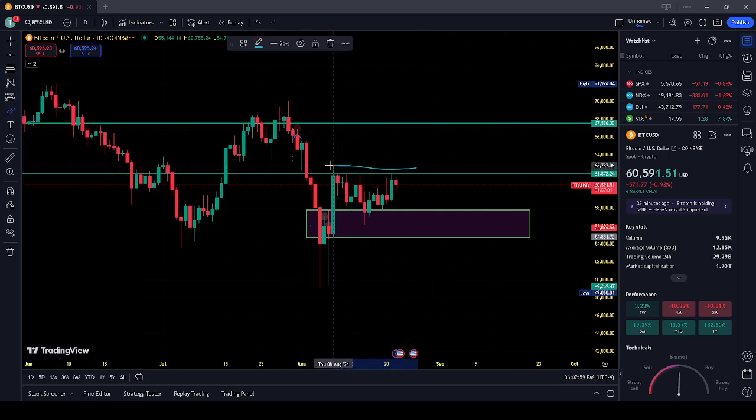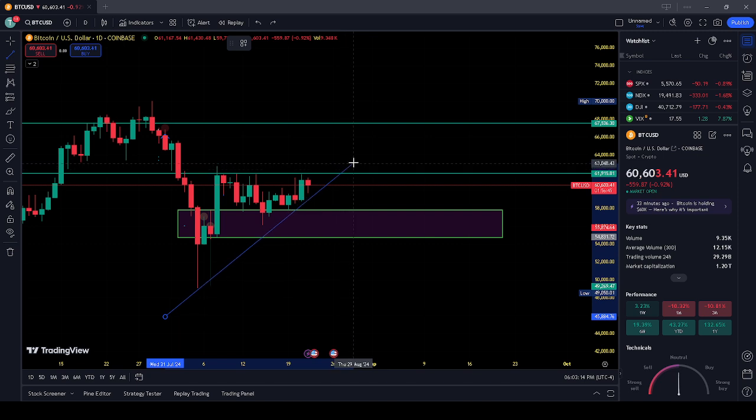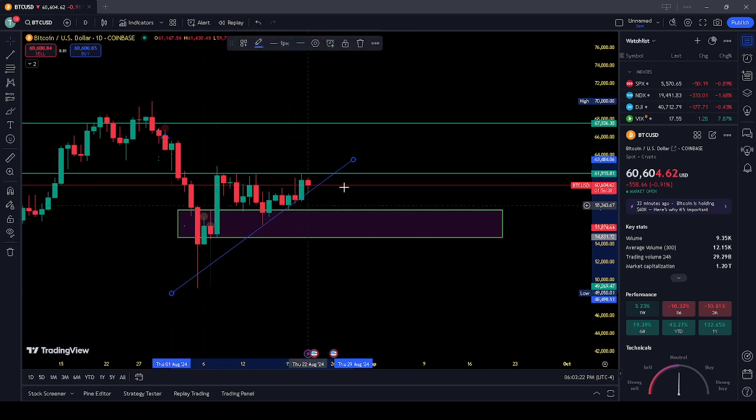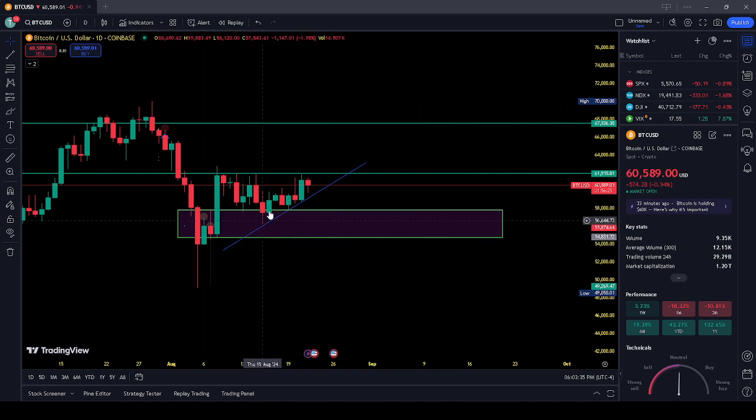If you look at this one, it is trying to put the BTC in a downtrend. But the good thing in this movement right now is, if I draw a trend line, as we always say, trend is our friend, it is going like this, right? If I look at this big wick, if I just try to connect these small ones, right? This trend is telling me a bullish structure right now.